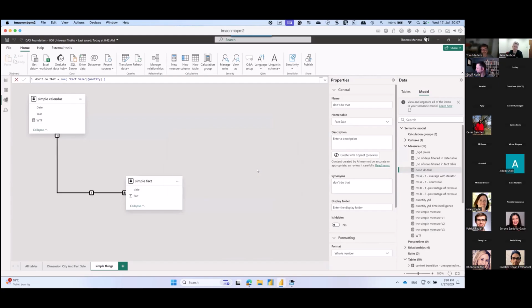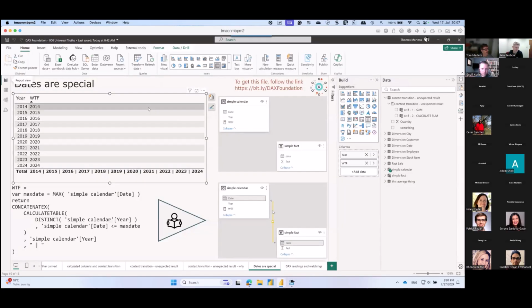Who knows? Doing this, going back right here, magic, isn't it? So why does this happen? This is because dates are special. Whenever we have a date table, or a table marked as a date table, and this date table has a relationship to other things,